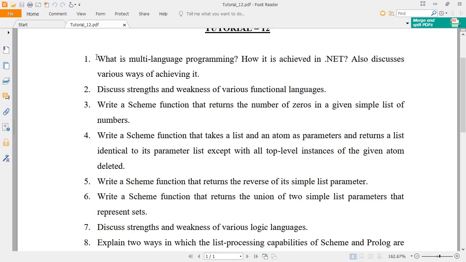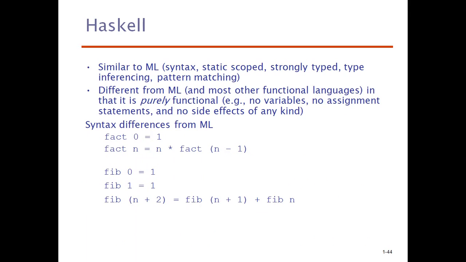Some languages consist of the features of the imperative languages along with the functional languages, such as Haskell, which has the feature of lazy evaluation. So like that, each and every functional language that we have discussed in the lecture consists of its own strengths and weaknesses. You go through those lecture slides and identify these strengths and weaknesses.